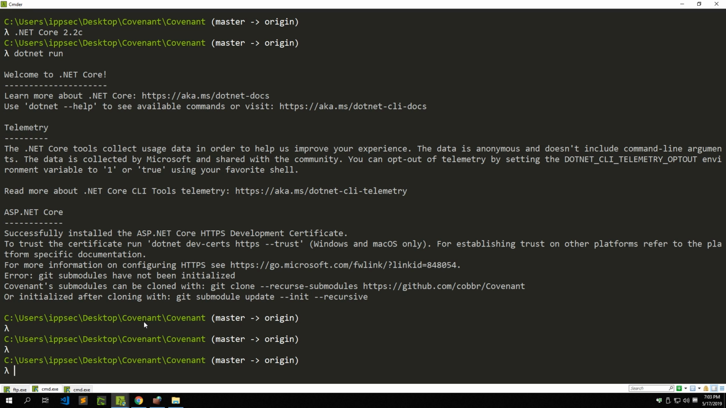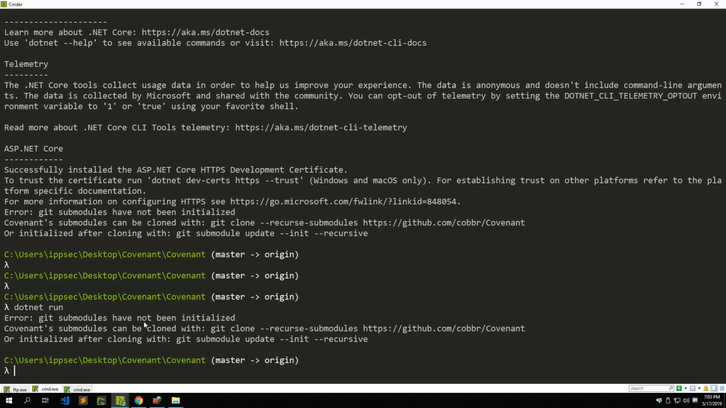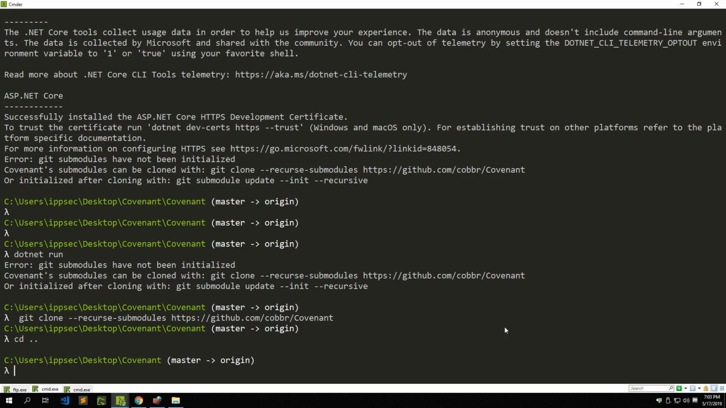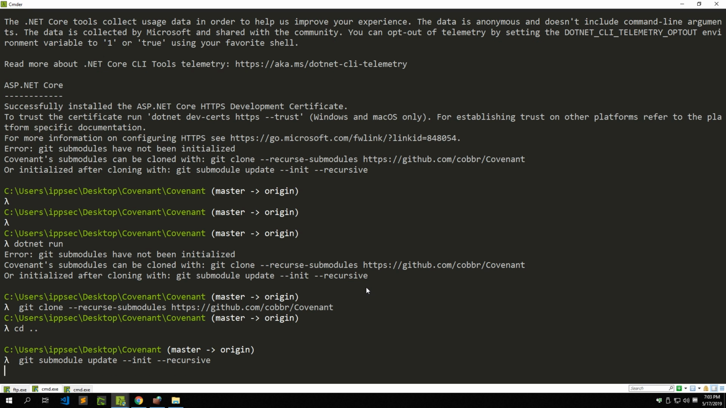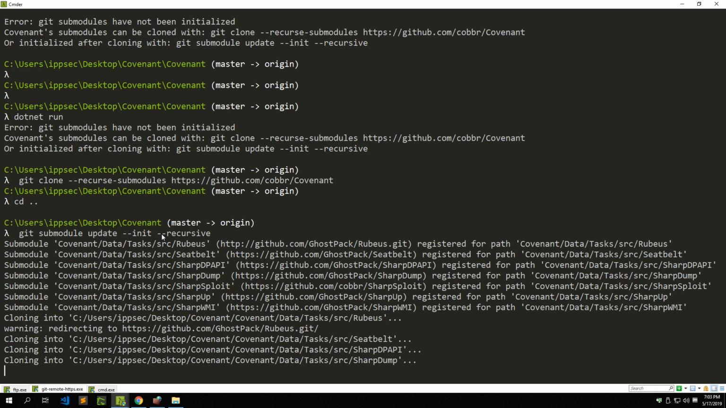And I don't think it ran. .NET run, try this again. Git submodules have not been initialized. So when I did this, I should have run that command. So cd .. and we will run this. And this is going to install a bunch of the